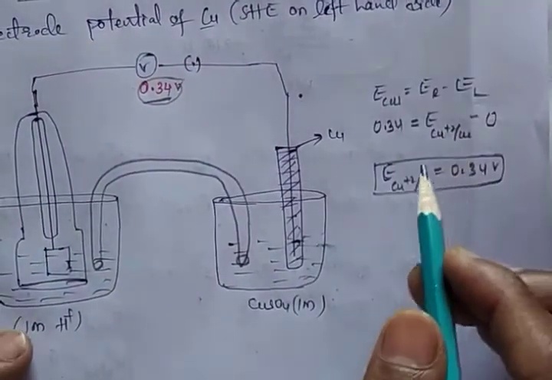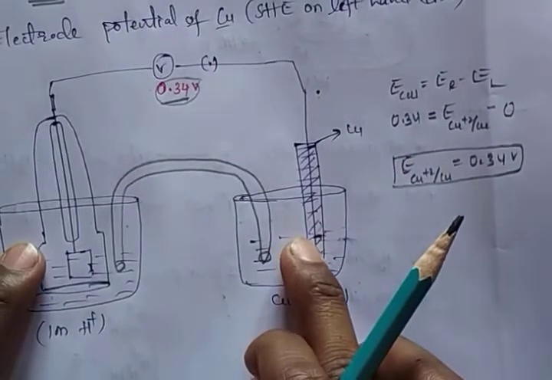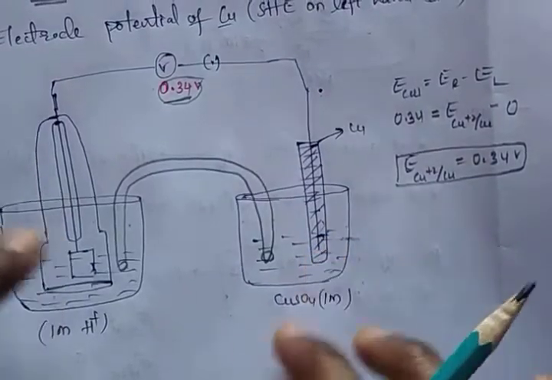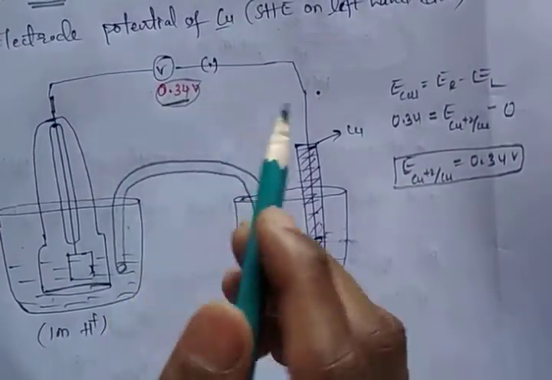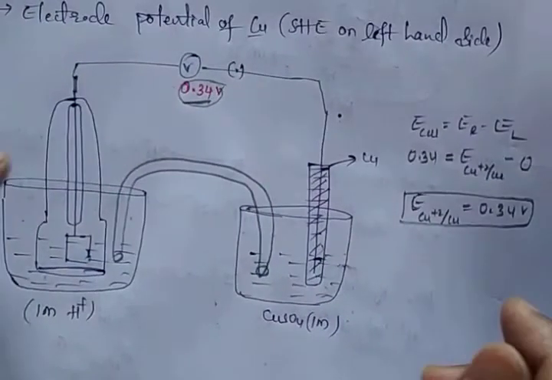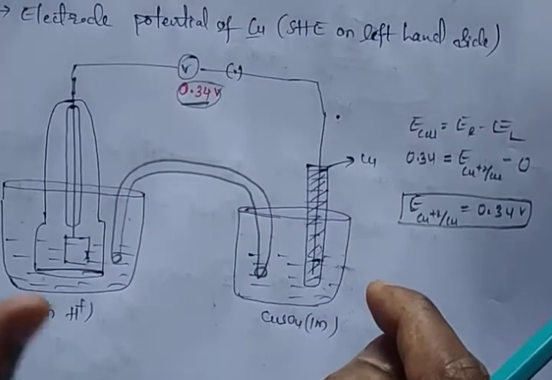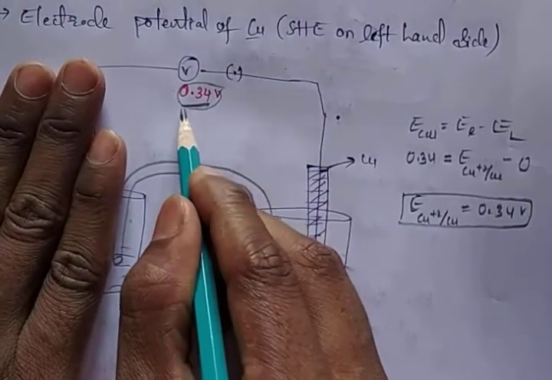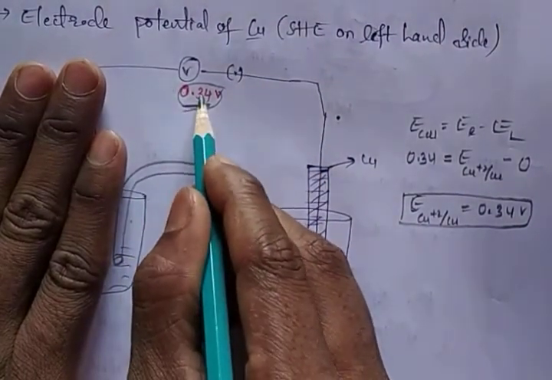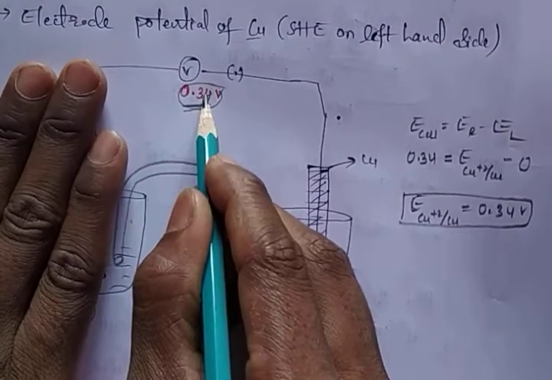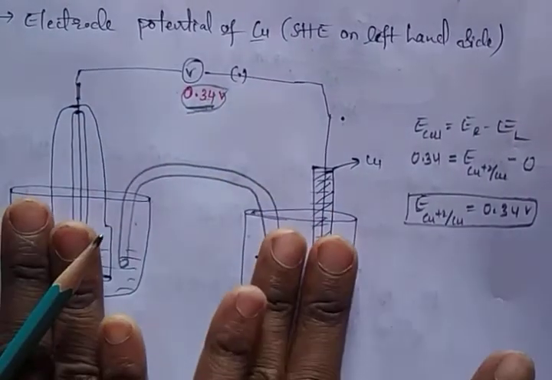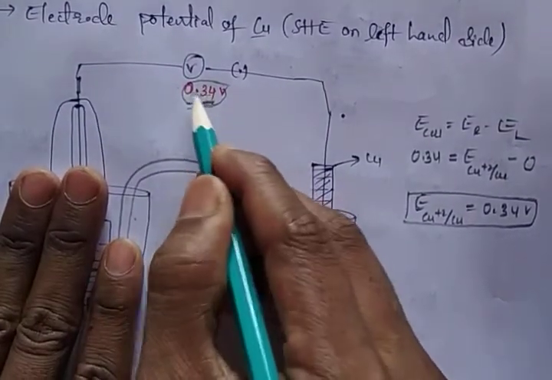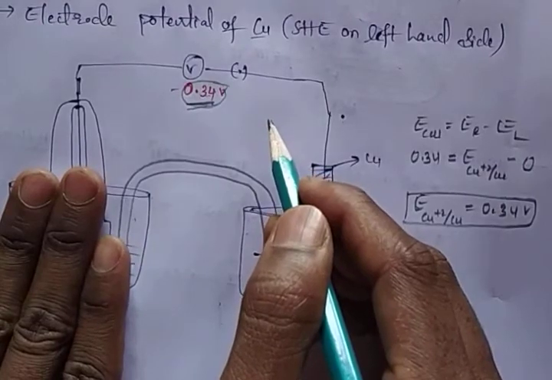Suppose assume करो, अगर if these two मुझे पता नहीं, I want to connect SHE and half cell to the voltmeter and I want to measure its potential. So just SHE is connected at the left hand side, copper is connected at the right hand side. In the voltmeter it shows the readings 0.34. Then we need to note these values. Suppose by mistakenly if I connected copper at the left side and SHE at the right side, then in the voltmeter it shows the reading minus 0.34.